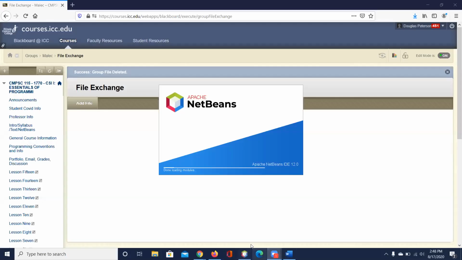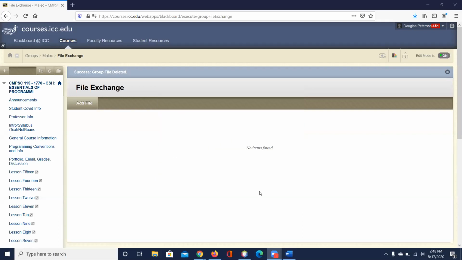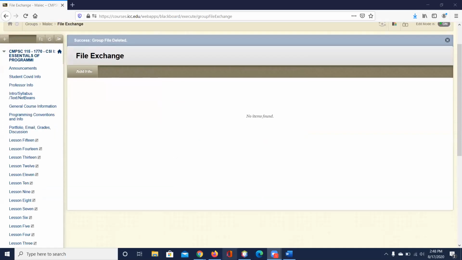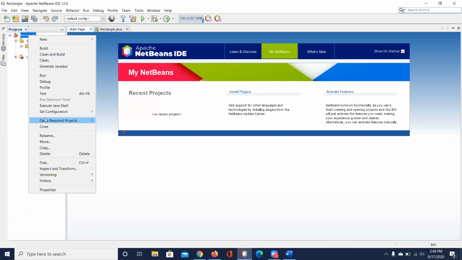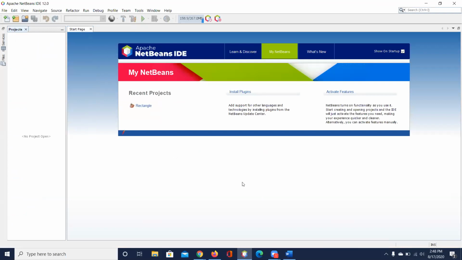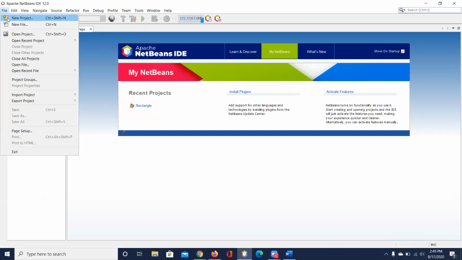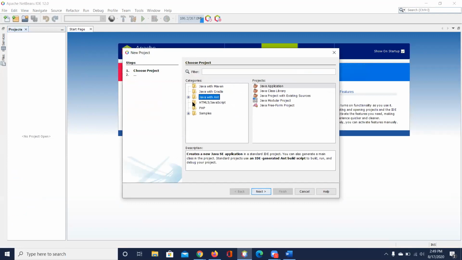So down here, you can see I have it on my taskbar, because I use it so much. And then I close this, get rid of that. So it comes up, mine looks like this when it comes up. I go to File, New Project. And if Ant isn't selected, I make sure it's on Ant, not Maven or Gradle or PHP, okay? Make sure this is over here. You don't even have to click on that one normally. Then you hit Next.